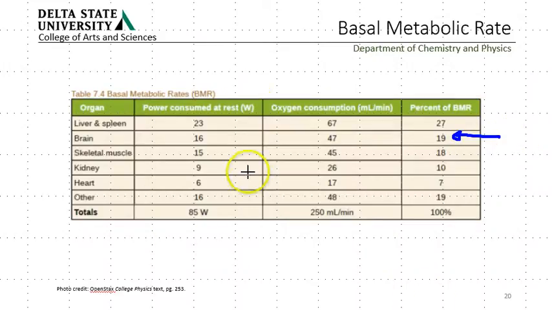So basal metabolic rate: here's the power consumption while at rest. Here's the oxygen consumption that we have by each organ. And then here's the percentage of the BMR that each organ represents. So how does that all tie together? Well,